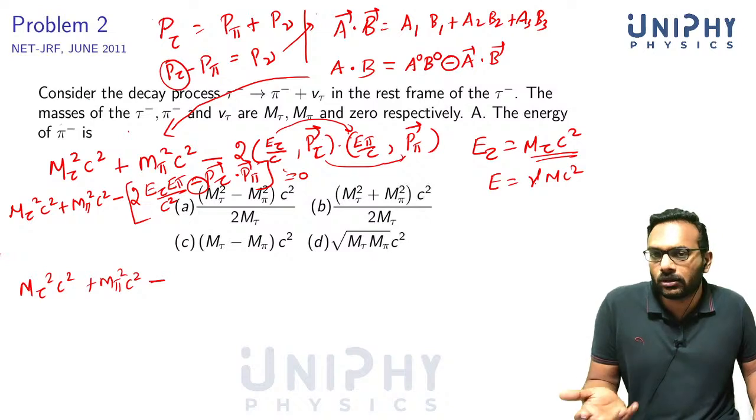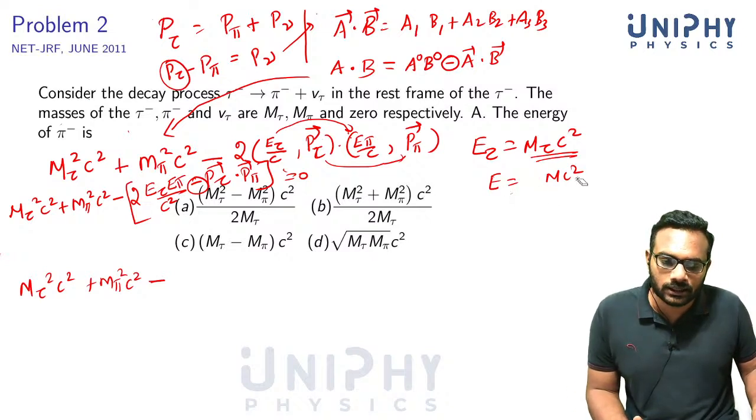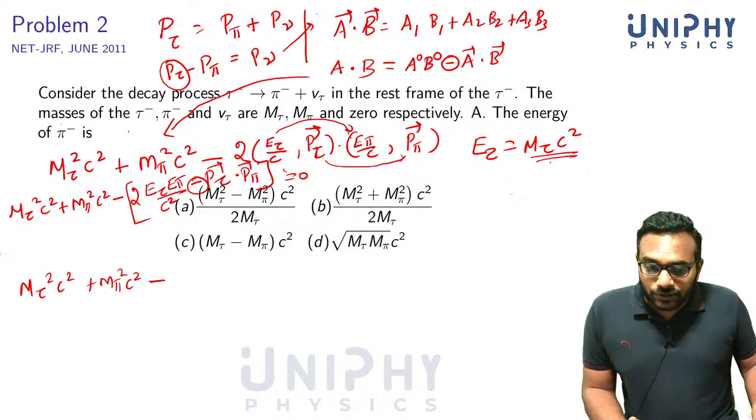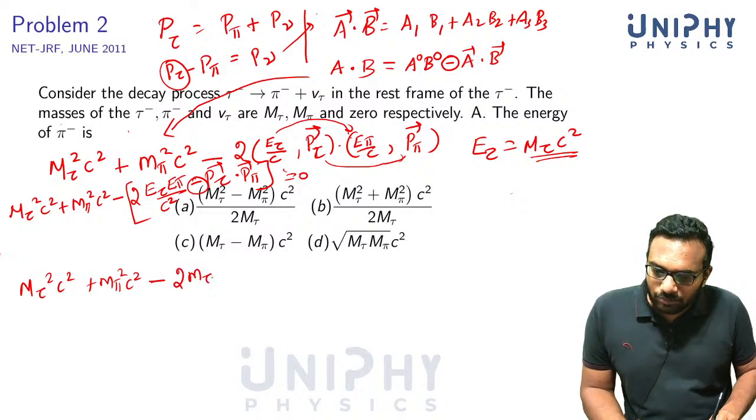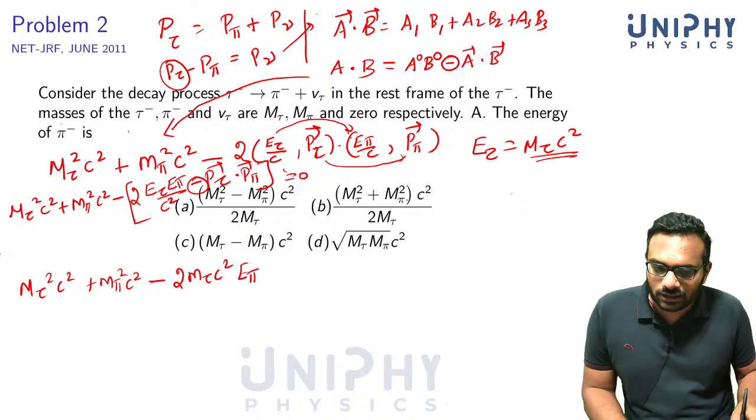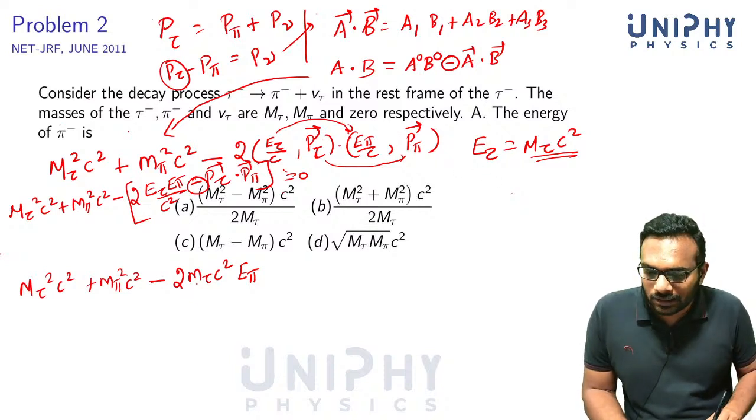When v is equal to 0, gamma becomes 1. Since we know that this is at rest, this becomes 2 m tau c square, and you have got E pi here. So the E tau is m tau c square, so there is divided by